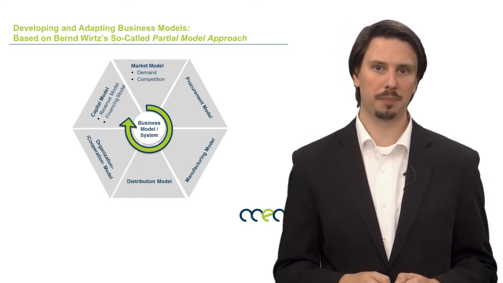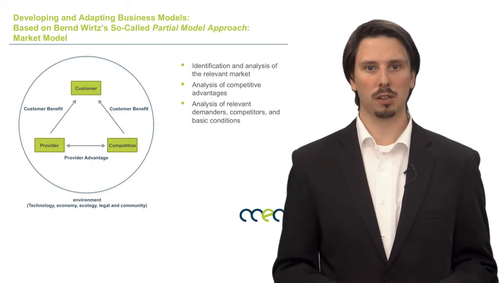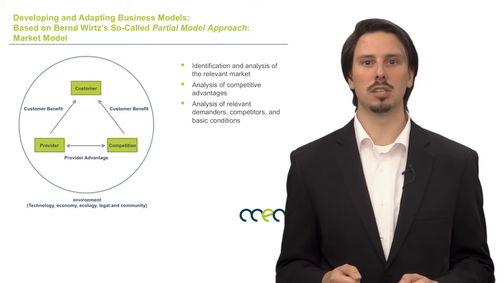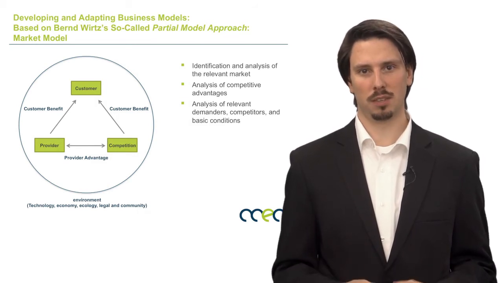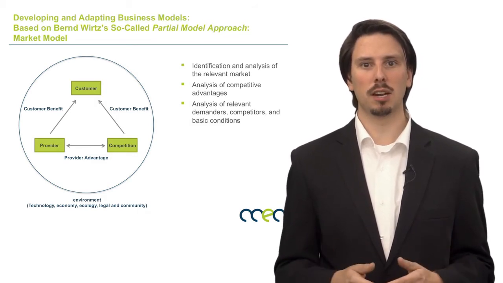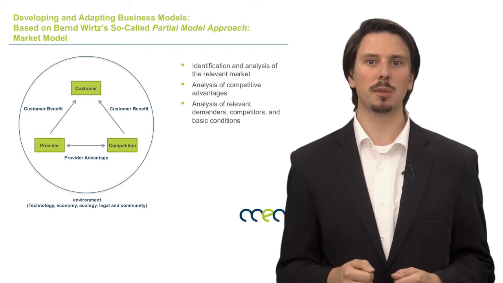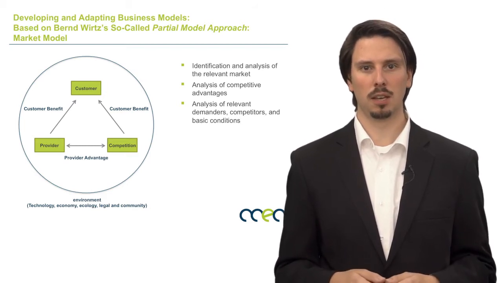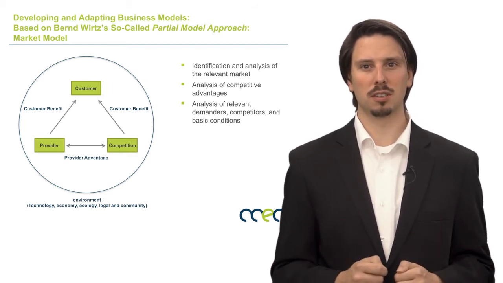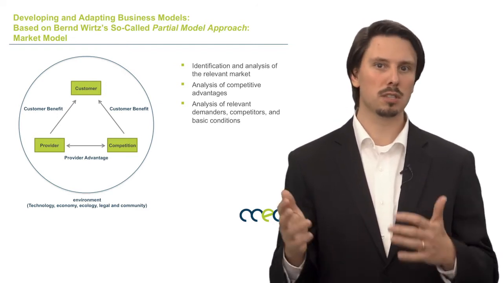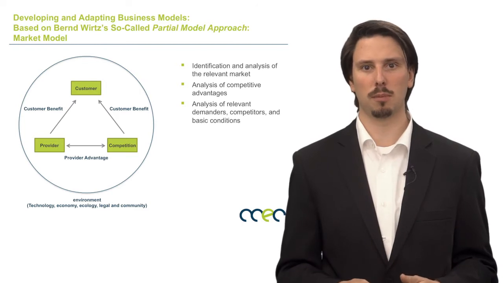a business plan. The market model analyzes the relevant market. Let's start with the so-called strategic triangle shown here. It helps to analyze relevant groups of consumers as well as direct and indirect competition. Both are surrounded by an environment that determines relevant market conditions. Competitive advantages stem from provider advantages, for example, lower costs, customer benefits, better products, or value propositions from the customer's